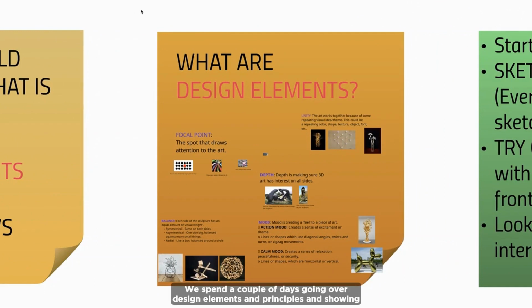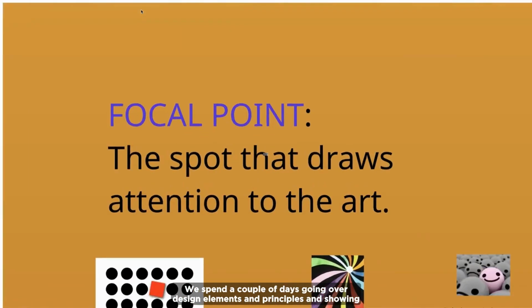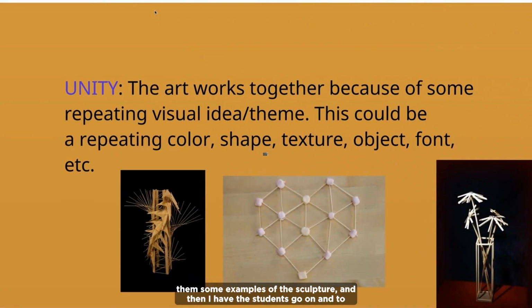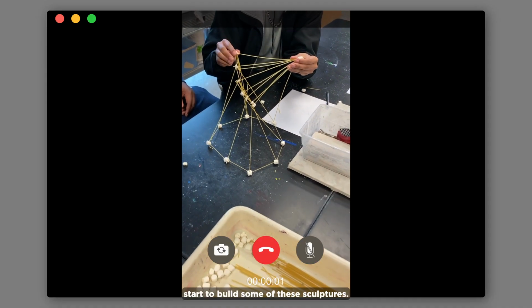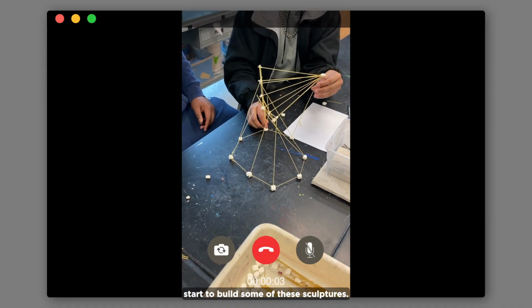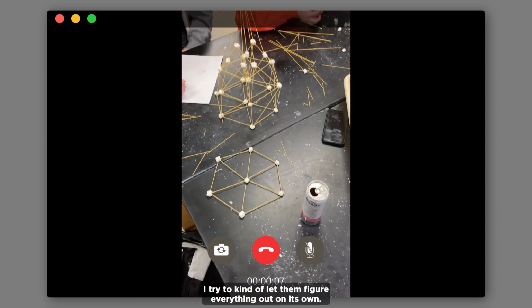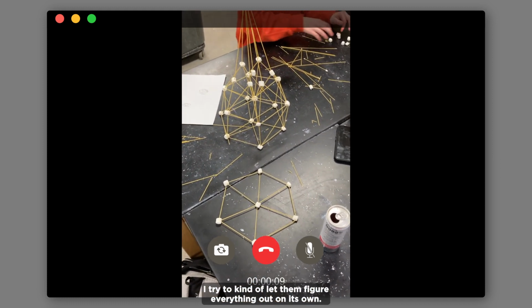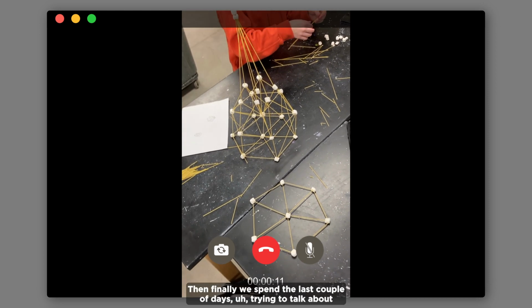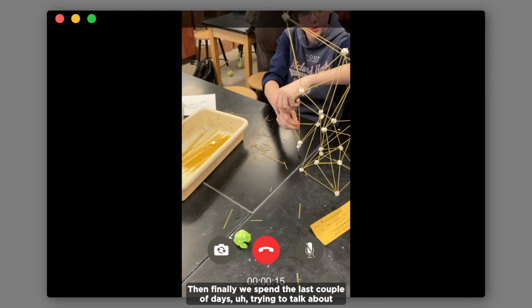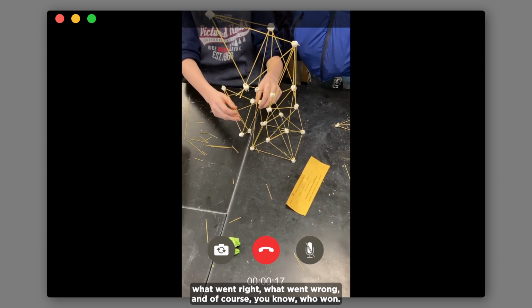We spend a couple days going over design elements and principles and showing them some examples of the sculpture. And then I have the students go on and start to build some of these sculptures. And this takes a couple days. I try to kind of let them figure everything out on their own. Then finally, we spend the last couple days trying to talk about what went right, what went wrong, and